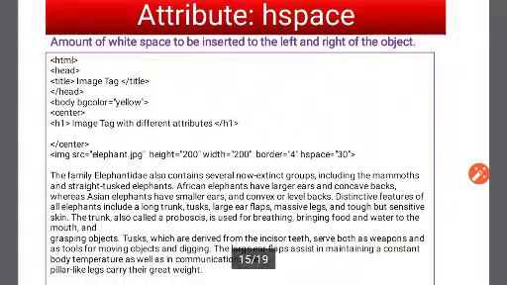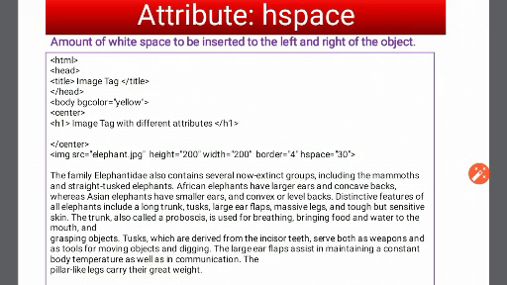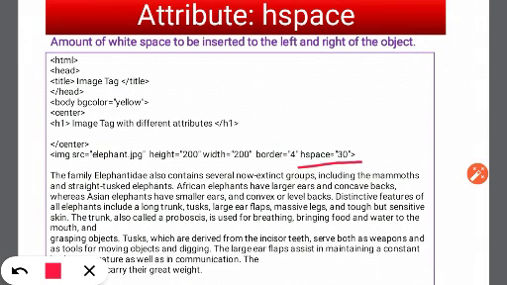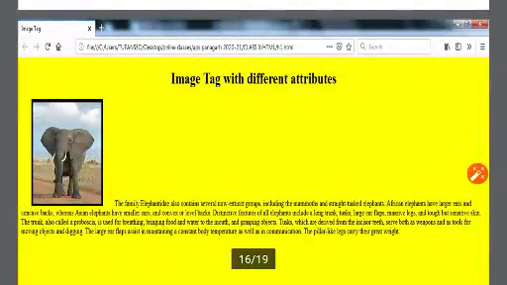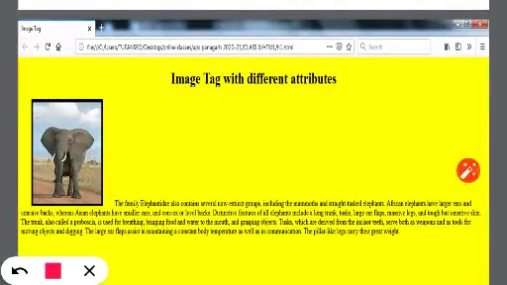So suppose for the above web page, if we write hspace equal to 30 over here, the whole code will be the same, I just have to insert hspace equal to 30, and just see what has happened. A space has come between the image and the text.